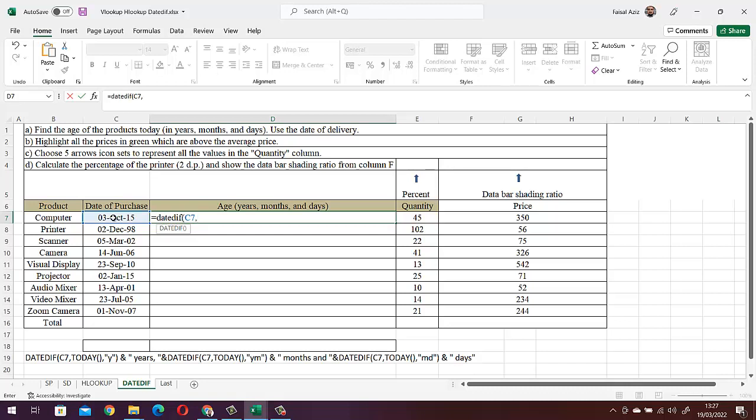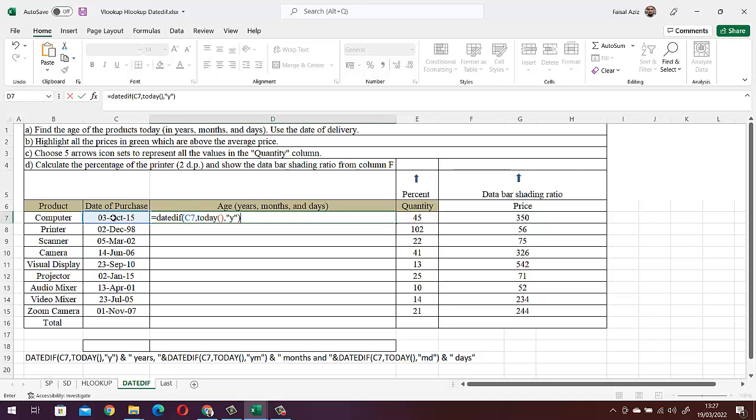So I will write another Excel function, which is called today, and I will not pass any value in it. I'll just keep it empty, comma, the next value which I will have to record here, that I want in years. So when I put Y, it means that it will show its answer in years. Then after closing this,